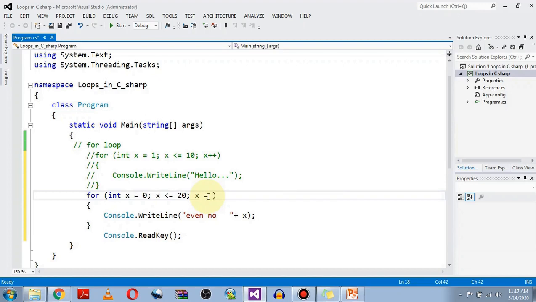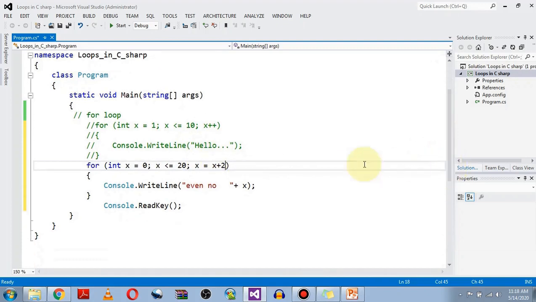So we will be incrementing x by 2. So 0 plus 2, the x value will become 2. So 2 is less than or equal to 20, again the 2 will be printed, next time 4, then 6, and so on. So this is how the for loop works.